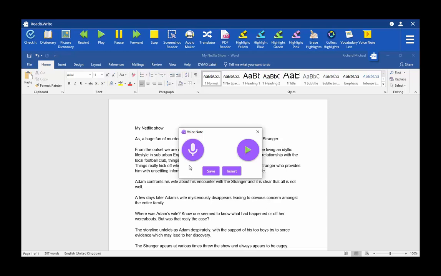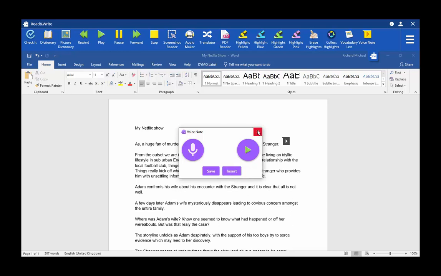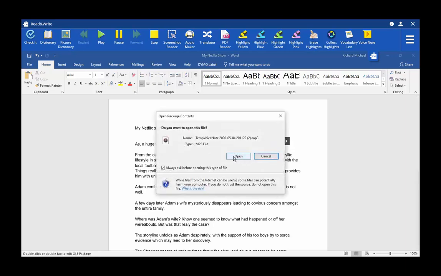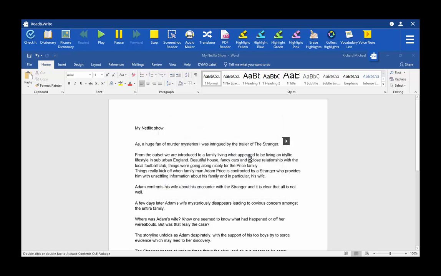Stop when you've finished recording your voice note, and at this stage you can either save your voice note as an MP3 or insert it directly into your Word doc. When you come back to listen to your voice note aloud and to identify what it was that you wanted to amend within your doc, simply double click on your voice note, click on open,